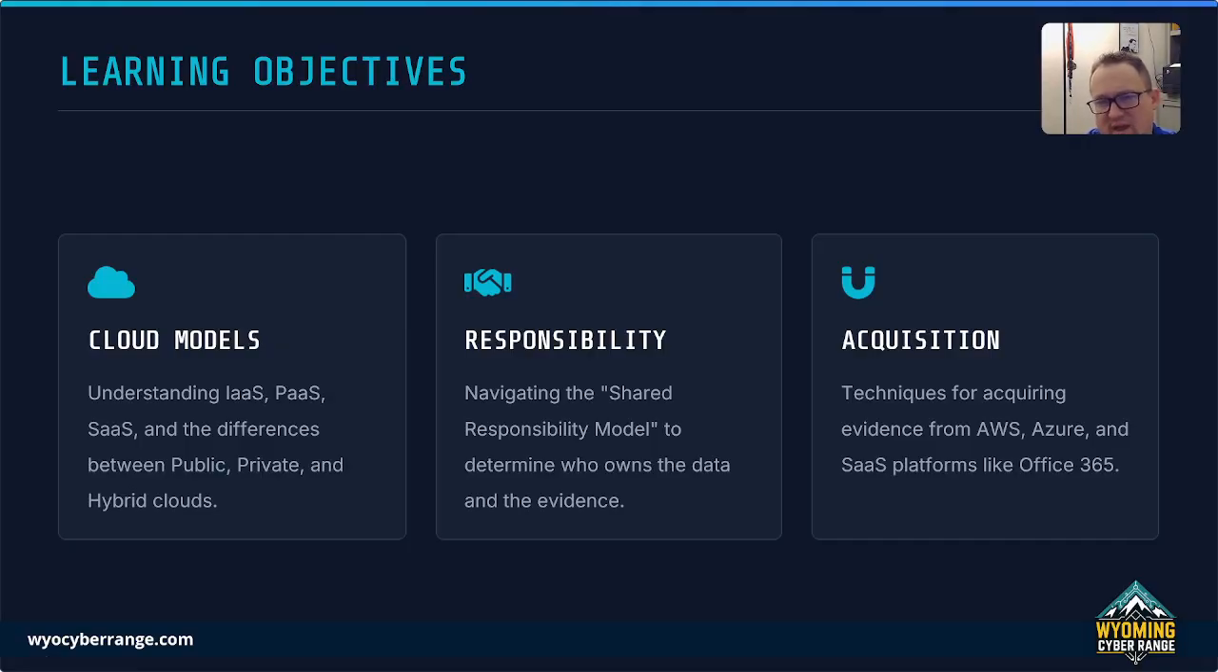First, we need to establish a baseline of cloud models. We'll break it down from IaaS, PaaS, SaaS, as well as public, private, and hybrid environments. Next, we'll cover responsibility, specifically how to navigate the shared responsibility model, and this is going to help us determine who owns the evidence. Finally, we're going to cover acquisition techniques for getting evidence out of things like AWS, Azure, or even SaaS